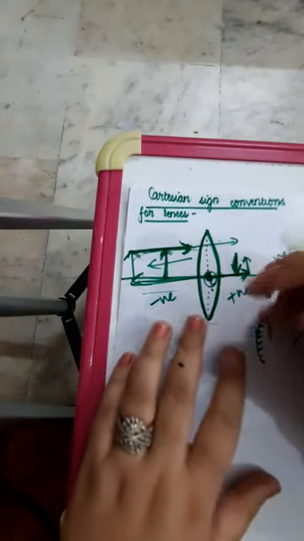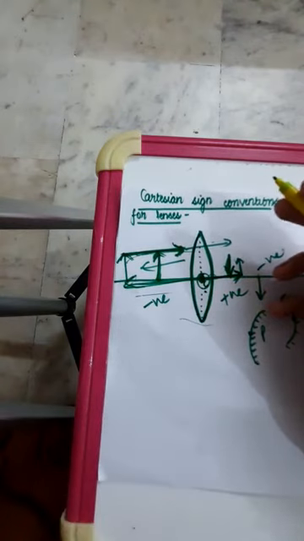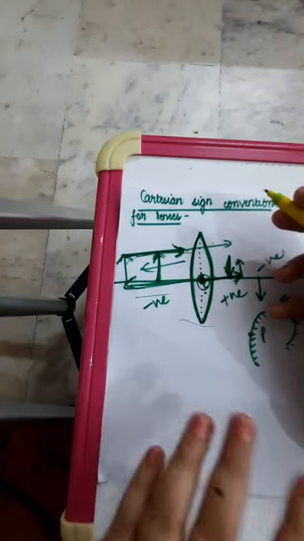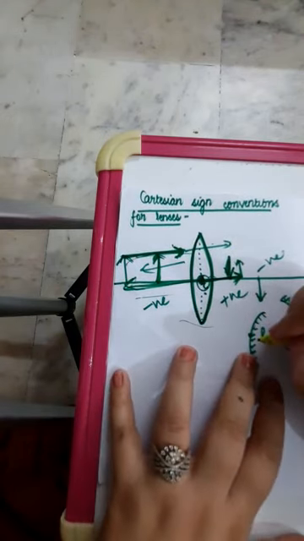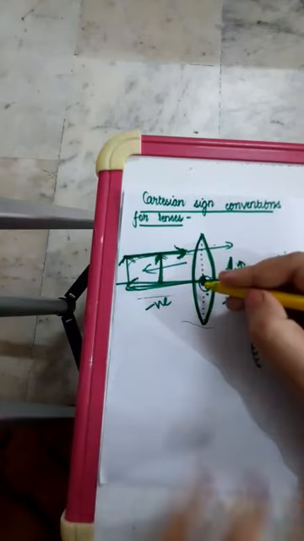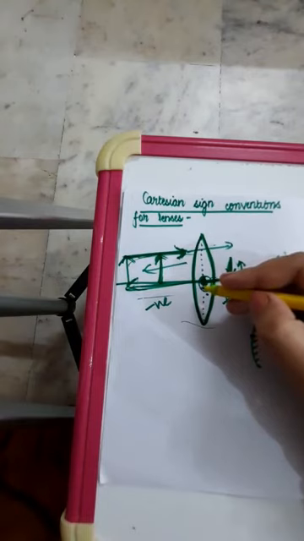So almost the sign conventions are the same as what we had studied in mirrors, except for a few differences. First of all, we are not having a smooth, well polished surface here. We are just having glass. And the next is, in case of mirrors, we used to measure the distances from pole, but here we have the optical center from where we measure the distances.